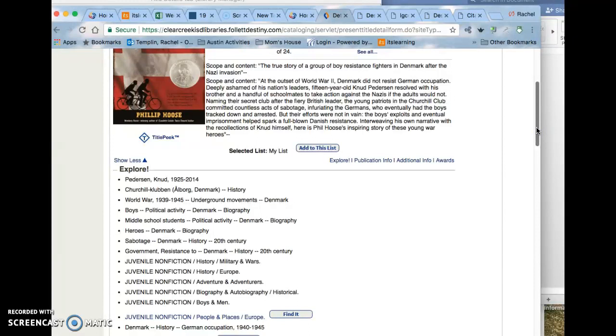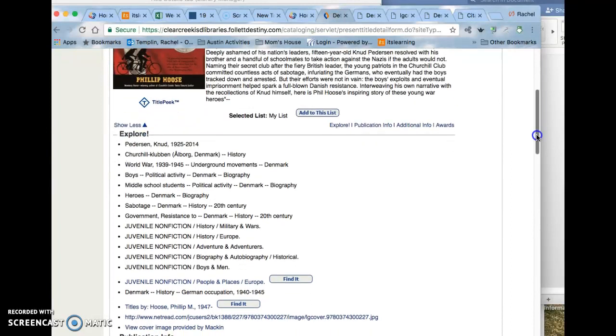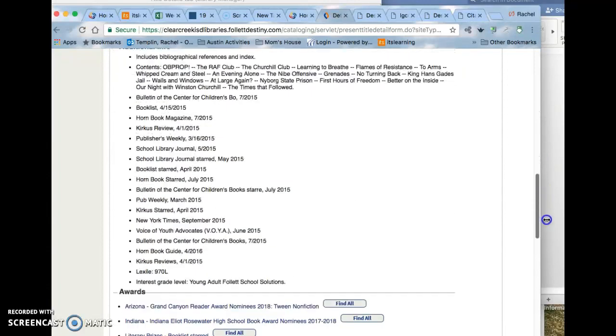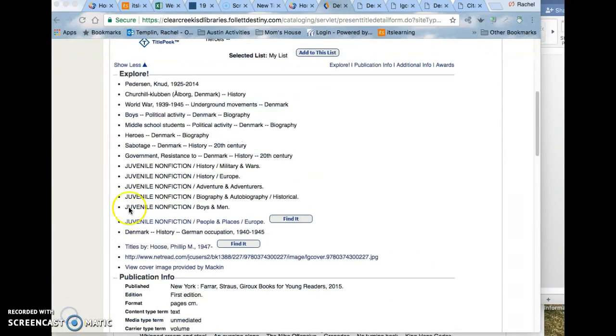So we want to go here and look, because look at all this different information that it tells us. The other things that it talks about are the Churchill Gang right here, that we read about in the book. The other thing we could explore and research is World War between 1939 and 1945, the